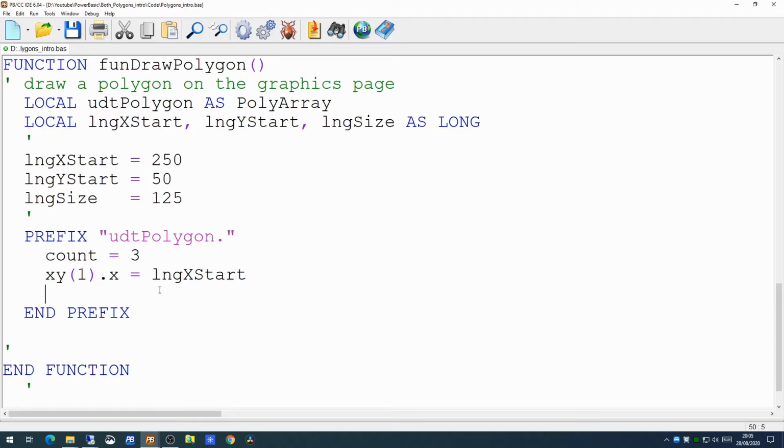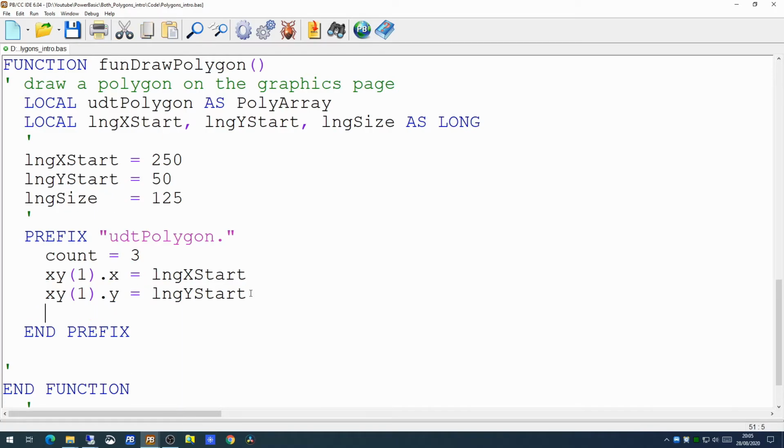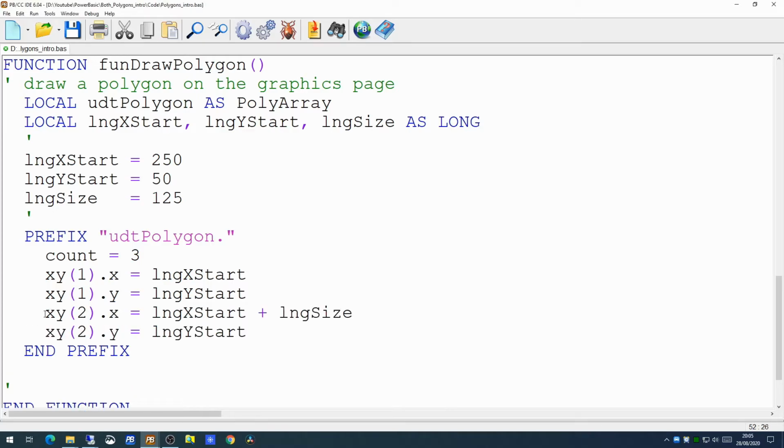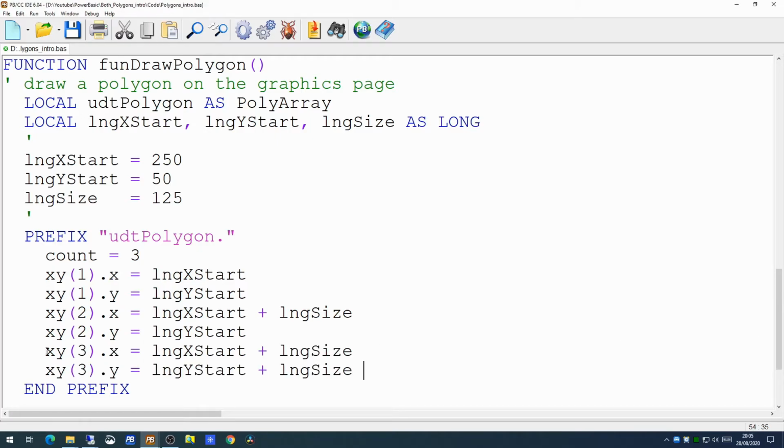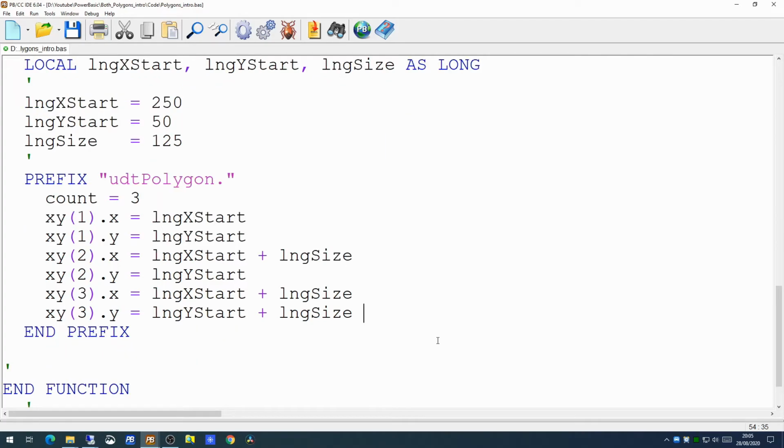We'll now set the y coordinate of our first coordinate to be the y starting position. We then have to set the value of each of the coordinates. So that's the second coordinate and the third coordinate. Now, having set the values of the x and y coordinates of each of the corners of our polygon,